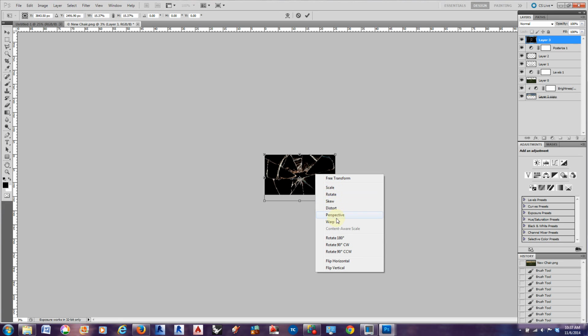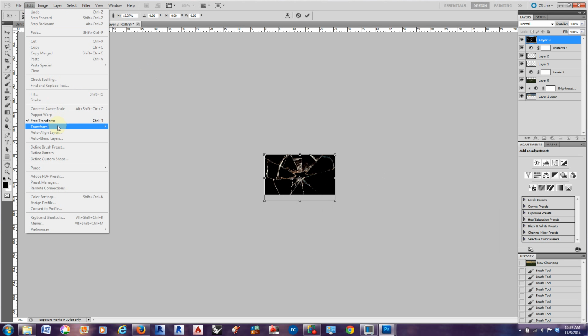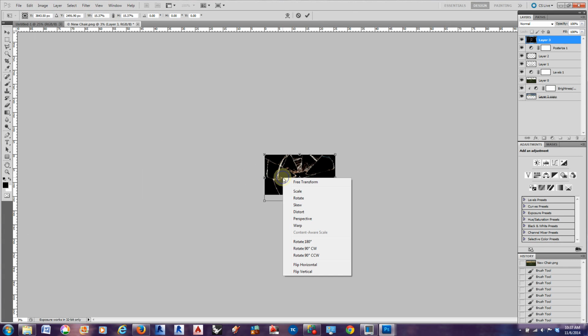So we're not going to use these today, but I just want to let you know that they're there, so you don't have to go up to edit, down to transform, and select some of these tools. You can just right click, and the skew tool and the distort tool I use frequently. Allows you to distort an image and maybe put it on a surface, which is kind of cool. But at any rate,